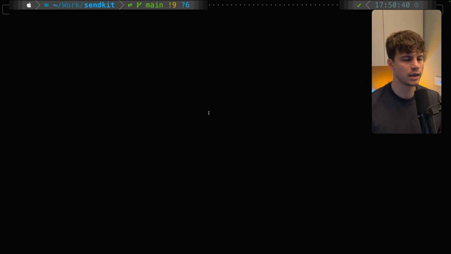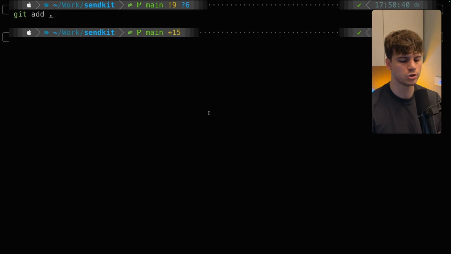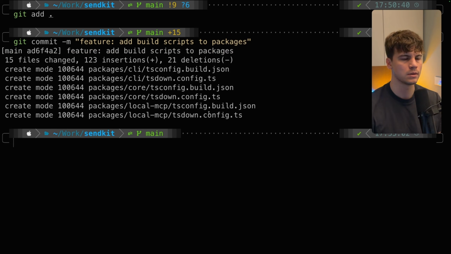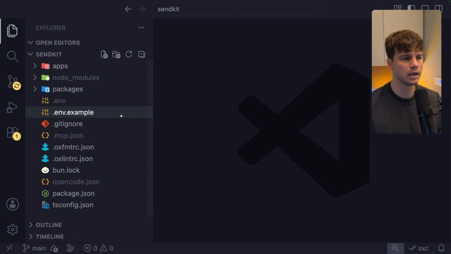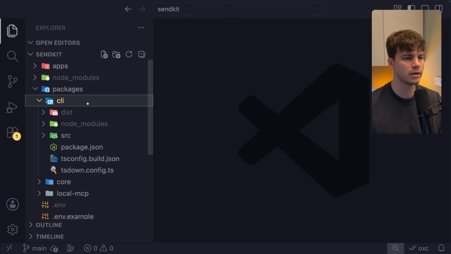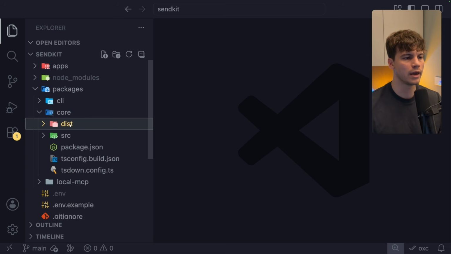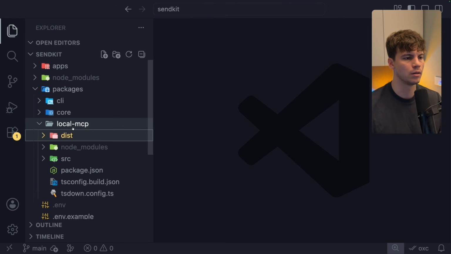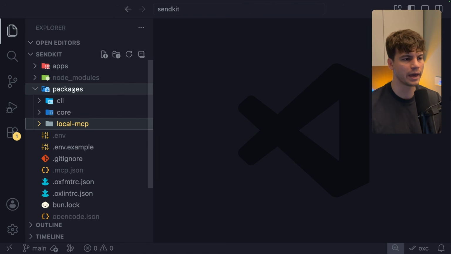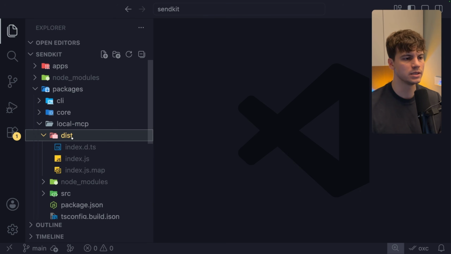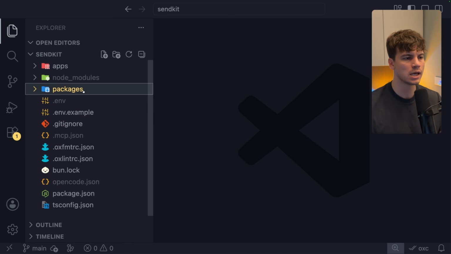At this point, once again, it's a good idea to stage all of your changes, feature, add build scripts to packages. So all of them are committed, and so you don't lose all of these changes now that we are in a state where we can successfully create a dist folder for every package which we plan on publishing. So we can now adapt the package JSON to read from these generated dist folders and publish that information to